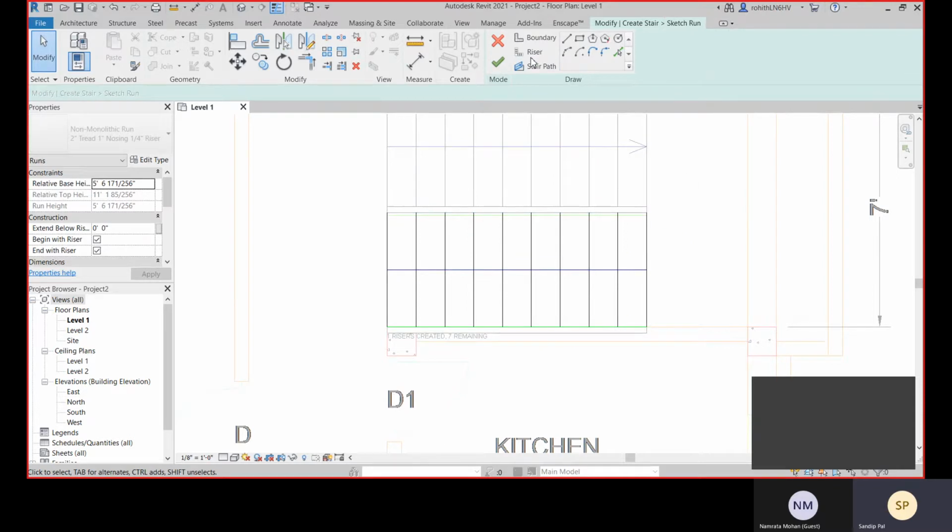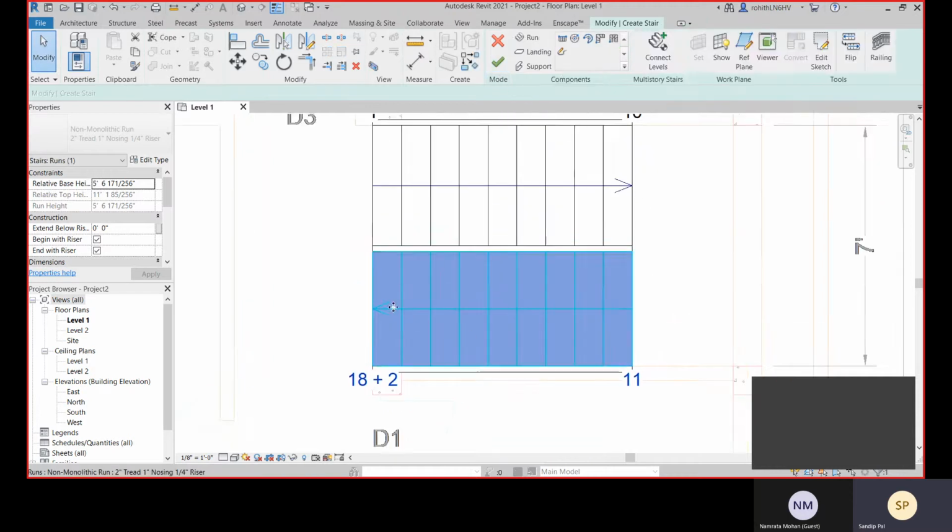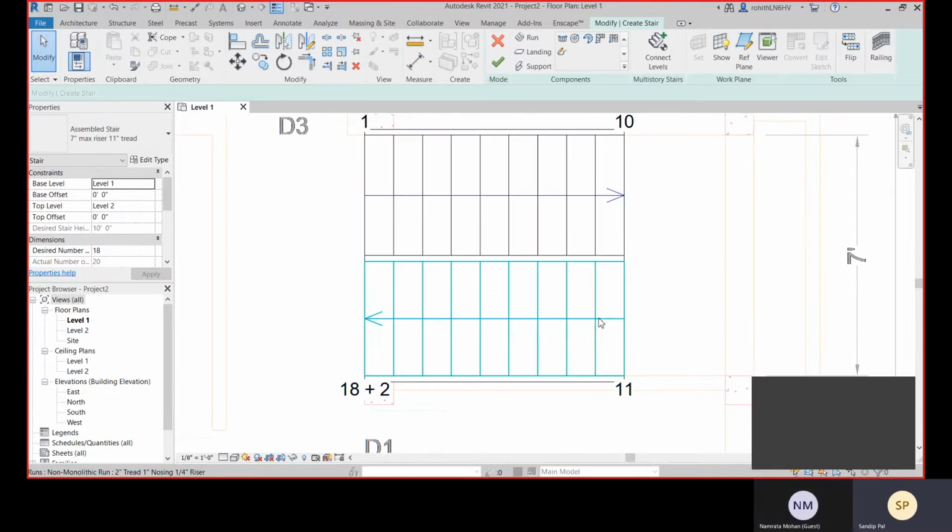Delete it and go with this boundary, now from this point to this point, and let me delete this and go with this boundary from this point to this point, and then finish edit mode. Now you can see, right? Yes. So the boundary creation, the point you're creating from, is important.